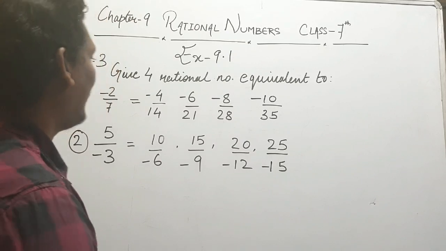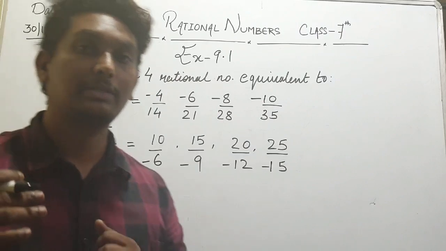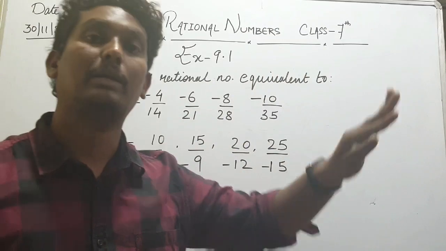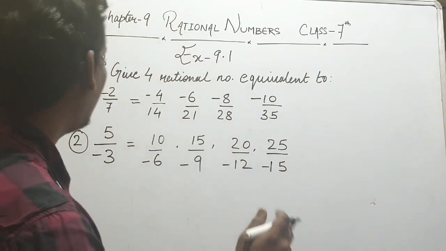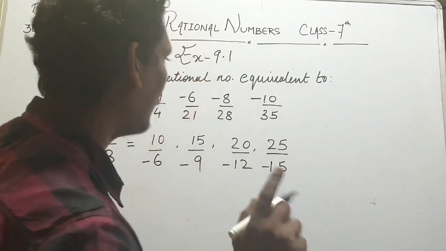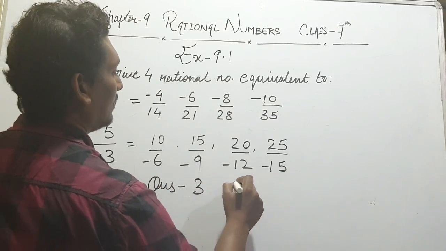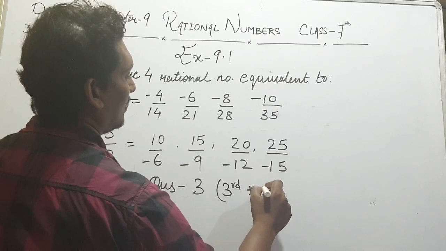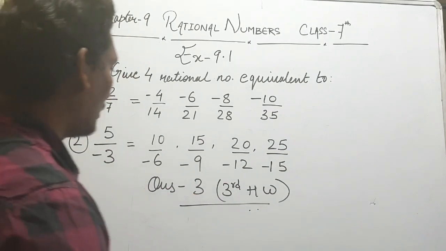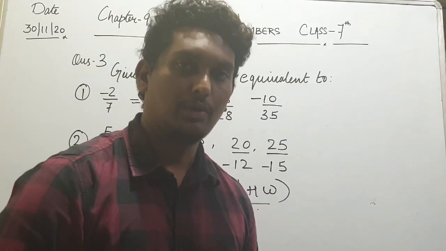But the pattern is the same multiplication pattern. Whatever number is given, we have to follow the same multiplication pattern of that number and make the rational number. So the first and second I have already done. The third one is homework for you, right? So question number 3, the third one is homework. Okay, hope it is clear to you. Just go through it.